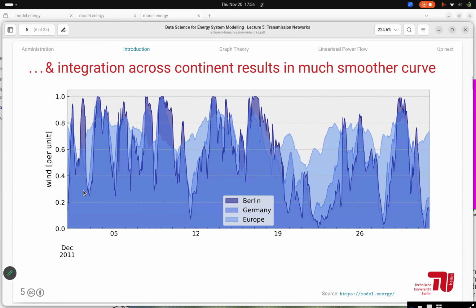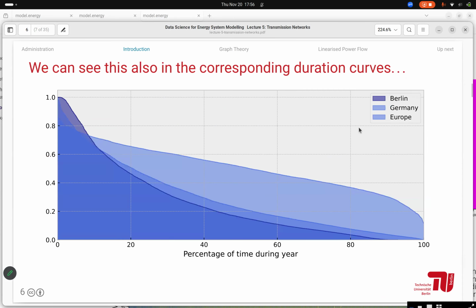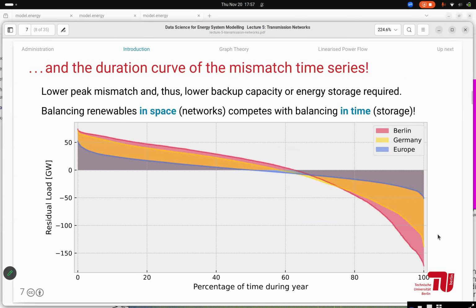And then if you average over all of Europe, you get an even smoother profile where especially you don't get the spikiness and you fill in the blanks here. You can also see that in the duration curves. Here, the lighter shade for all of Europe, kind of more widely distributed over the year, and also in the